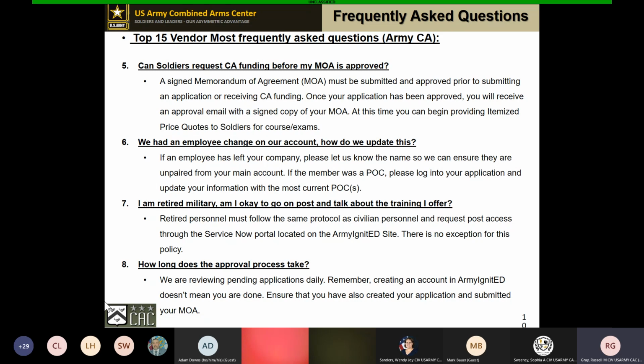One, make sure that account is created, which we're actually helping you guys out with now. When we send you the invites, or we send future vendors invites to welcome them, we're going into the system and creating an account for them. That way, when they request the role in the system, we can already link them together and then they can start on their application. So we're doing that internally to help you as vendors out.